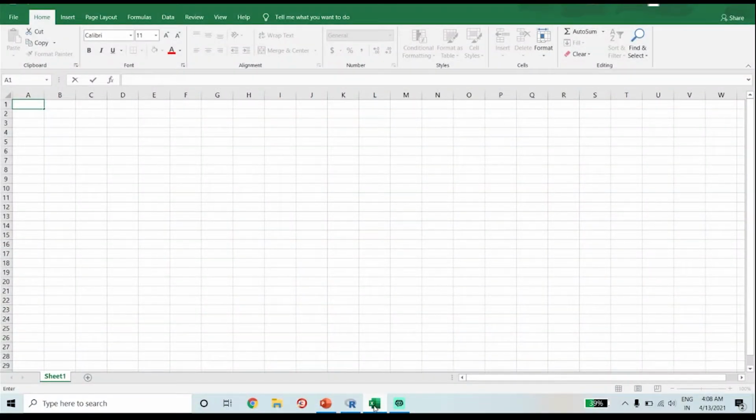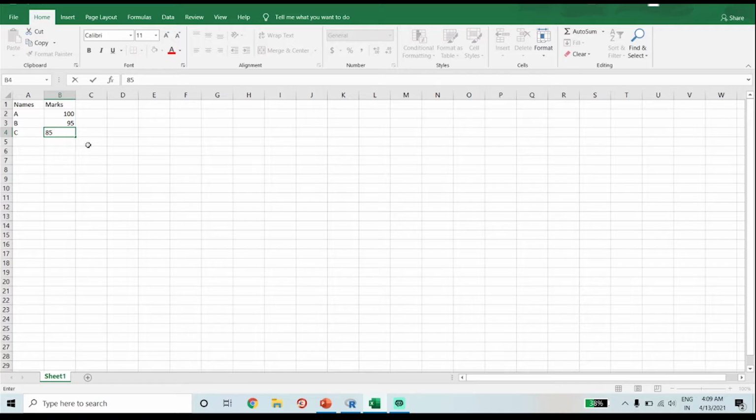Let's learn how to import data from Excel into R. First, you can enter the data in Excel with column names. Here, I am entering first column heading as names and second column heading as marks. Then enter the data, names suppose A, B and C. Marks I am giving 100, then 95, 85.